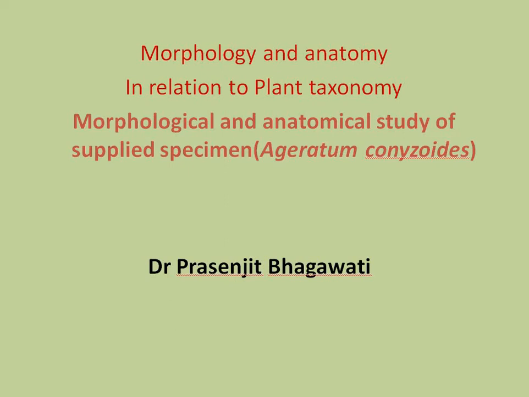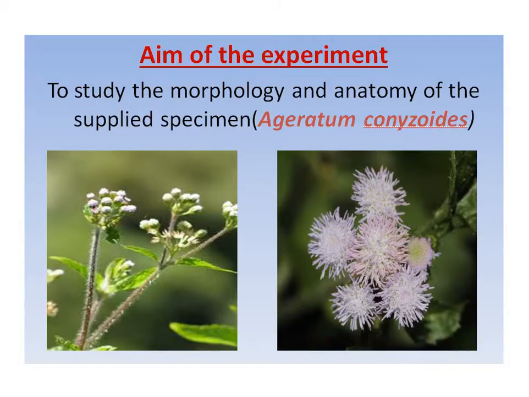Morphology and anatomy in relation to plant taxonomy. Morphology and anatomical studies have great importance for the identification and classification of plant species. Here we are going to discuss how, in the case of Ageratum conyzoides, morphology and anatomy help in classification. The aim of the experiment is to study the morphology and anatomy of the supplied specimen, that is